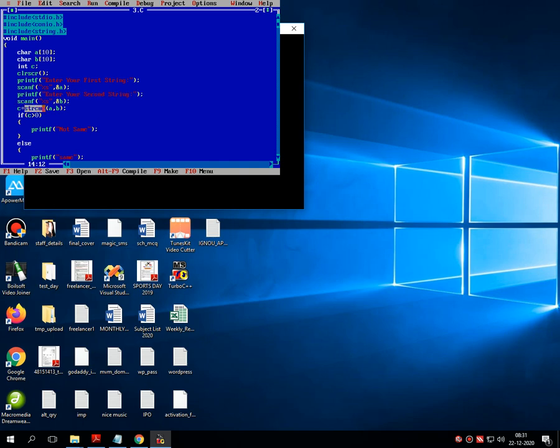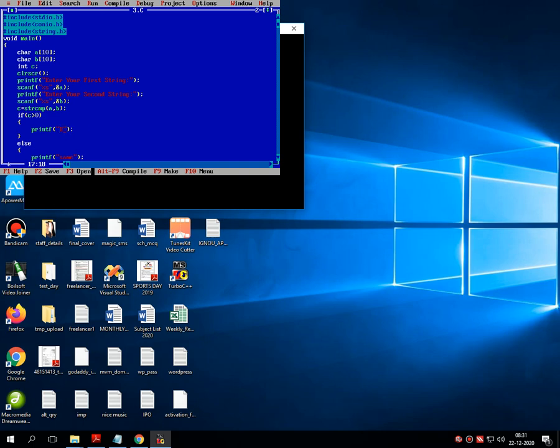Then the strcmp function will compare both the strings, and if both the strings are same, then it returns 0, otherwise it returns 1. But if it returns 1, then both the strings are not same, and if it returns 0, then both the strings are same. For further proper clarification, here I am writing a proper message.